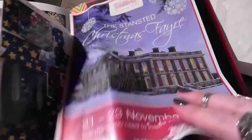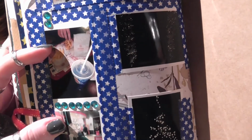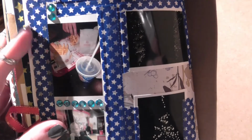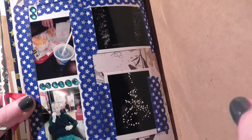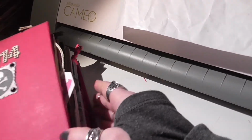And that was the flyer. I've got a bit of journaling to do about it as well, but that was the flyer for it. And we went into Burger King afterwards. Very naughty, but it is a very rare occasion. The last time we'd had one was that breakfast in September. So this is the end of November. So you know, one every couple of months isn't going to kill anybody, is it? So that's that, and then these little stamped images, just because they're cute. So that is everything from the